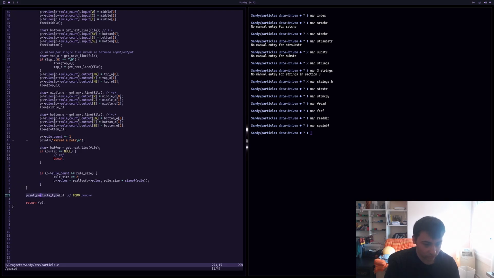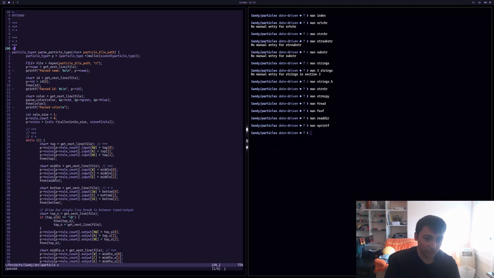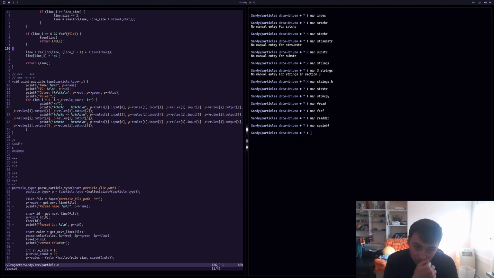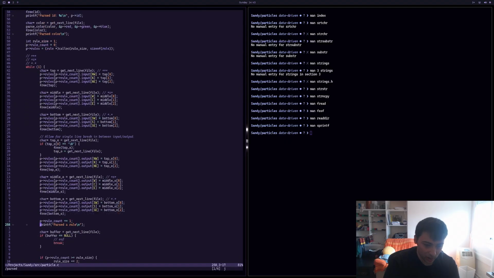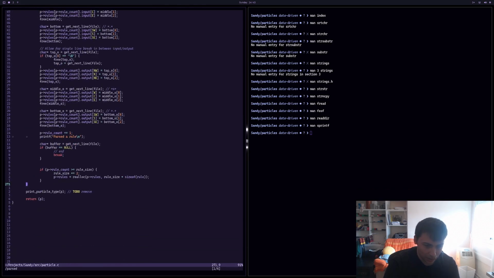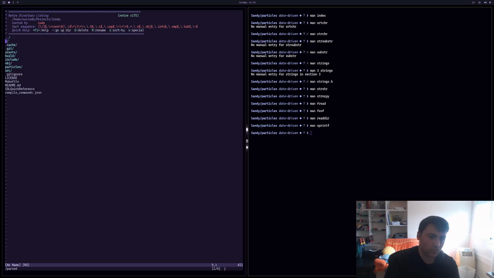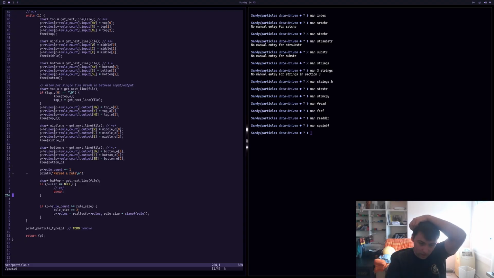Is it the stupid print that's breaking? There's no way, right? Yeah, that's fine. Hold on. If we go to the particle, we parse 3 rules, and